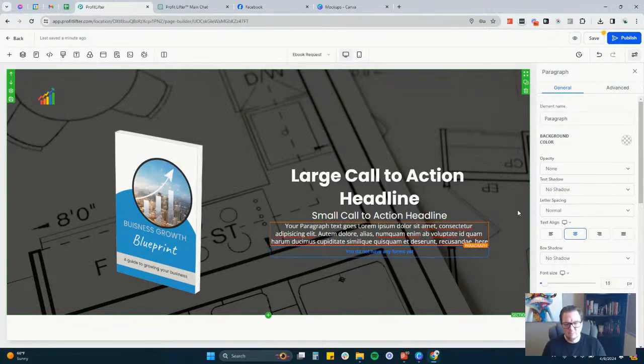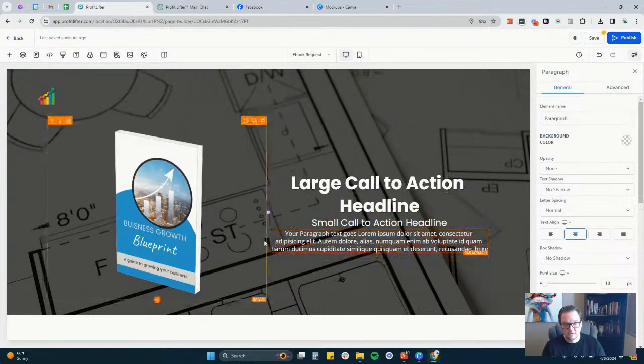18 pixels is good because the majority of people that you're dealing with are either on a cell phone, or if they're on a desktop, it's going to be a bigger screen. 18 is kind of that minimum of the sweet spot for people to be able to read it without having to zoom. And the name of the game here is creating as little friction as possible. And you notice I just deleted our form because, as I said that, I realized